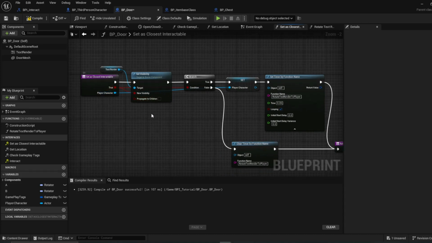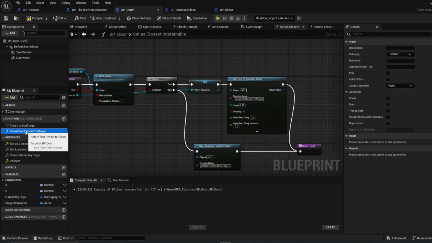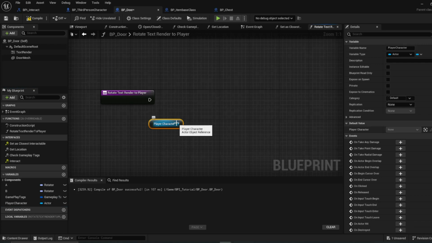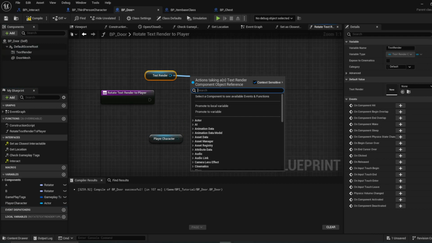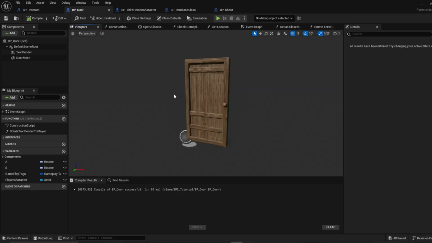Okay. And what we're going to do is, I probably should have done this on the chest first, but we will then have the text render. We now have the player character when it starts looping. So we'll take the player character, we'll get the text render. Okay, so for the door, actually, let's have the chest rotate, but let's have the door just be static, because